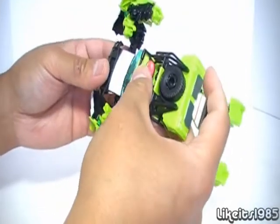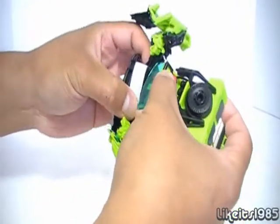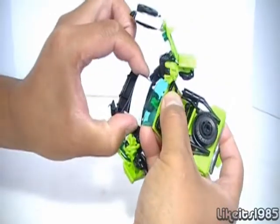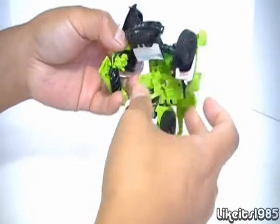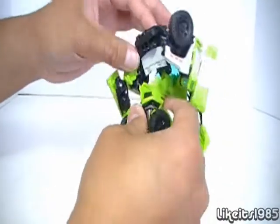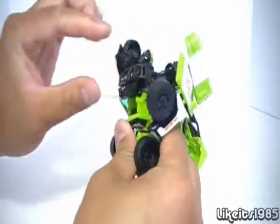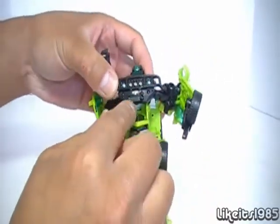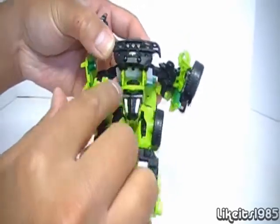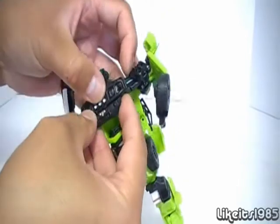And then you want to come back here. This whole assembly is going to rotate around, so you want to grab onto it like so. You can see it's going to rotate around so that you're going to have the chest facing forward. And what you want to do then is you want to take this and secure it like that. But you don't want to forget to actually bring this down, this little front bumper, because otherwise you're going to have this big gap here. So you want to take this bumper